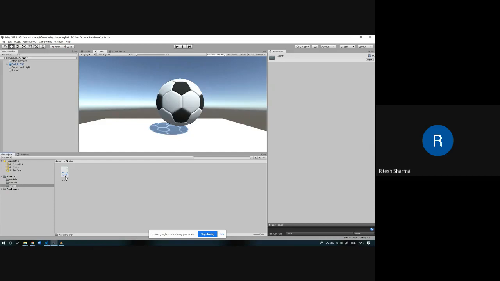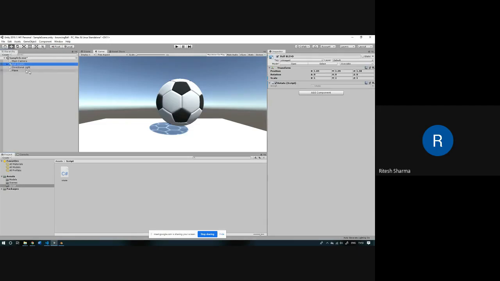So I am not going to open it or show what its contents are. This is a hands-on activity for all of you, assuming you have followed everything till here. What I want you to do is write this script, and you know what you have to do after that. If your script is correct, just select the game object that you want this script to run on. For example, I want the ball to rotate, not the plane, right?